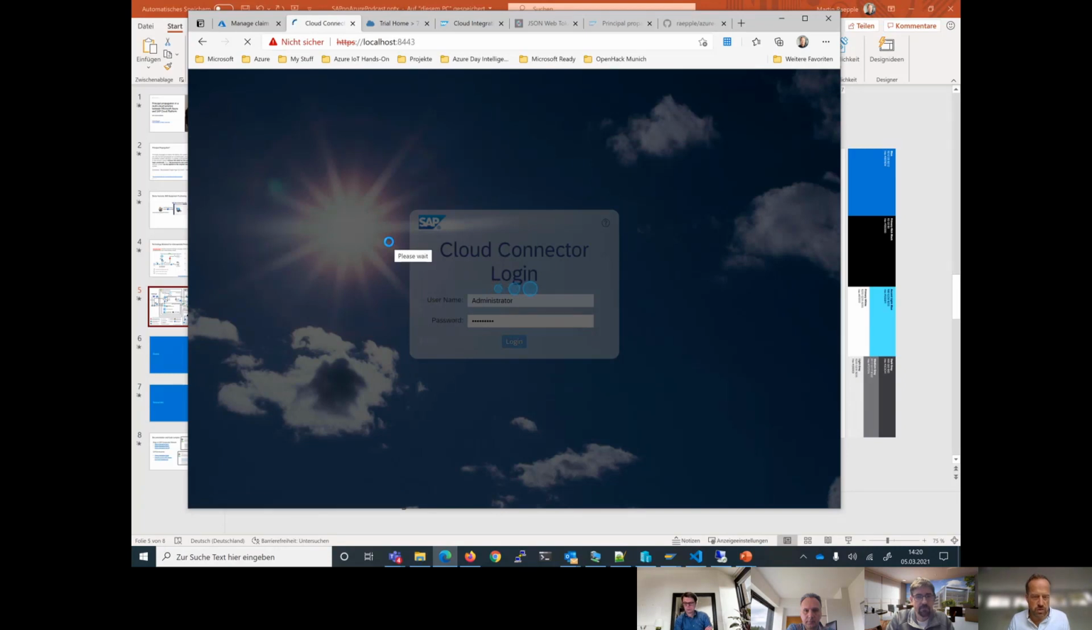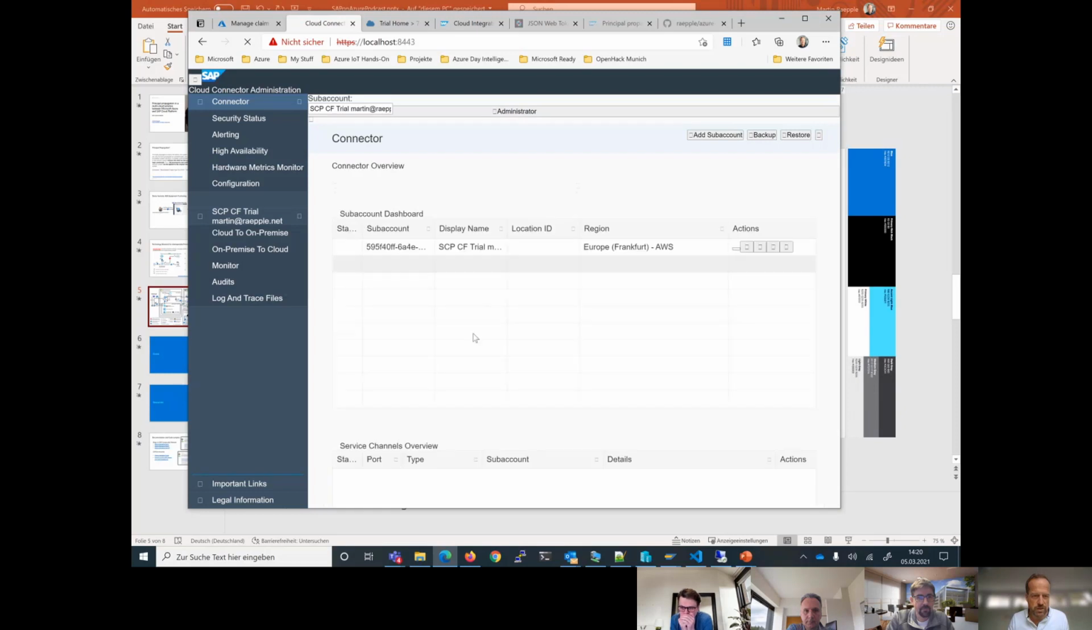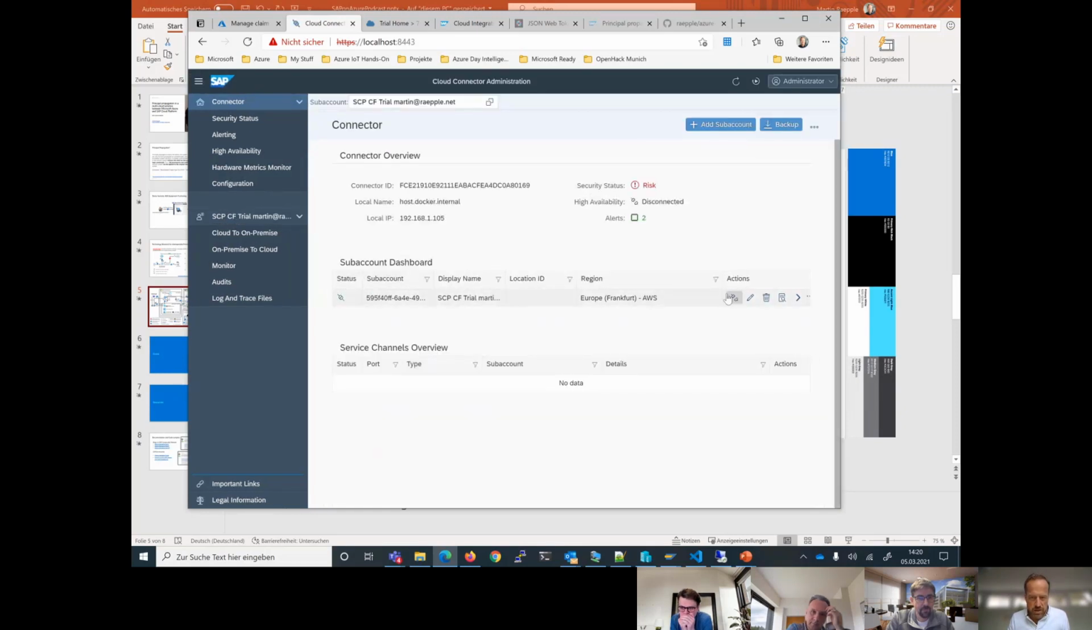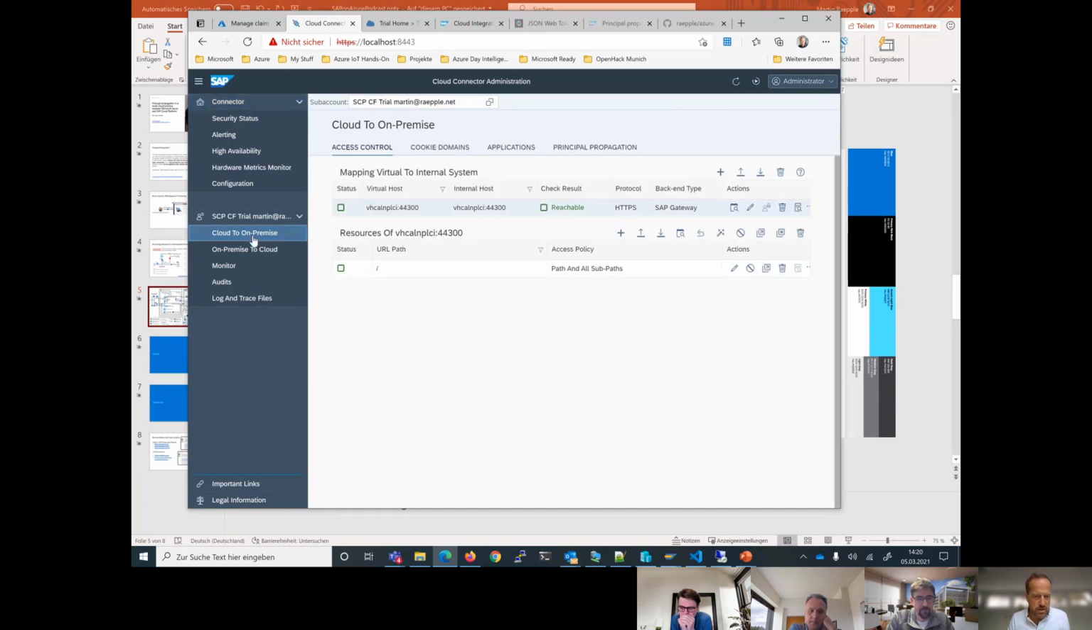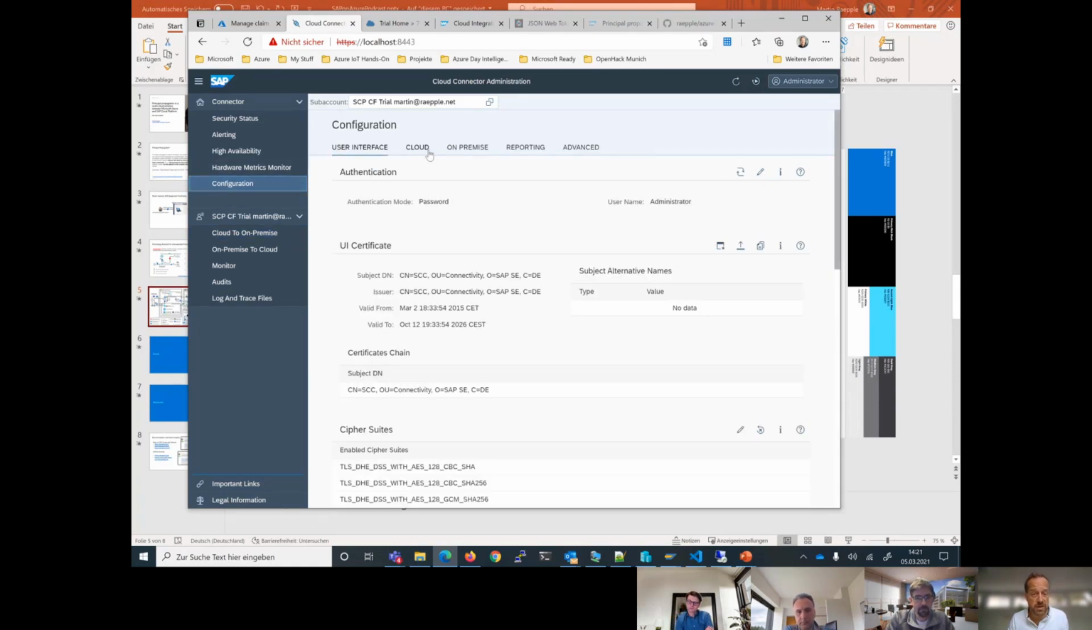So the cloud connector is now connected to a local SAP system I'm running here in my demo environment. And all right, here we go. So the cloud connector is connected to my trial account, and in the backend system configuration, I am also connected here to my backend system, and I have set up principal propagation to forward the JWT token and transform that into a